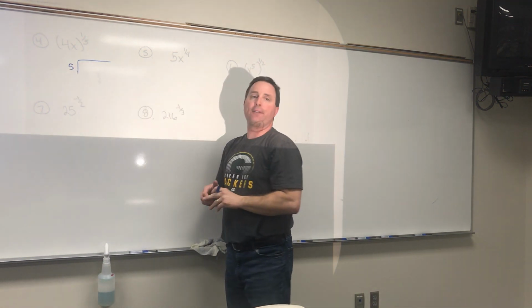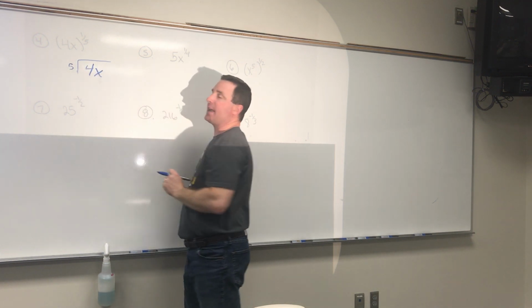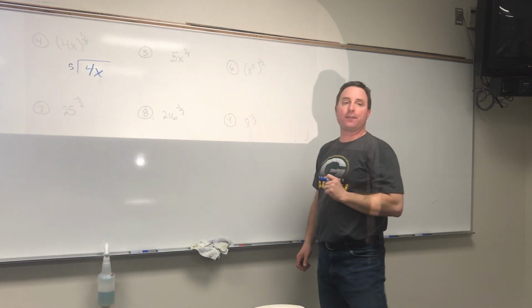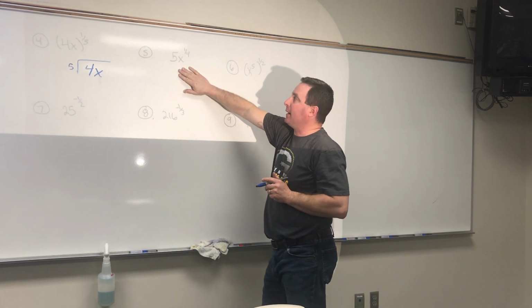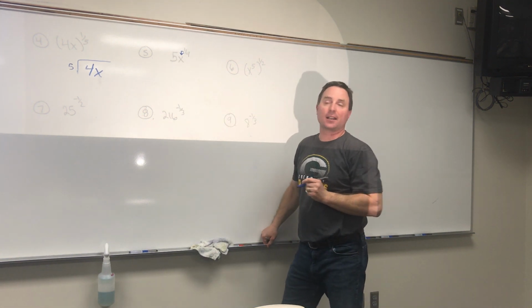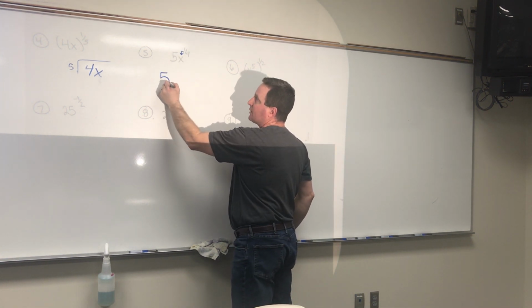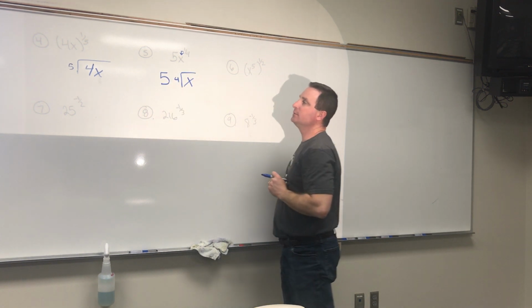And if you look closely, the 4 and the x are in the parentheses. So both the 4 and the x should be underneath the radical. The fifth root of 4x. This one now is a little bit different. What's being raised to the 1/4 power here? It's just the x. The 5 stays outside the radical, and this is only doing the fourth root of just